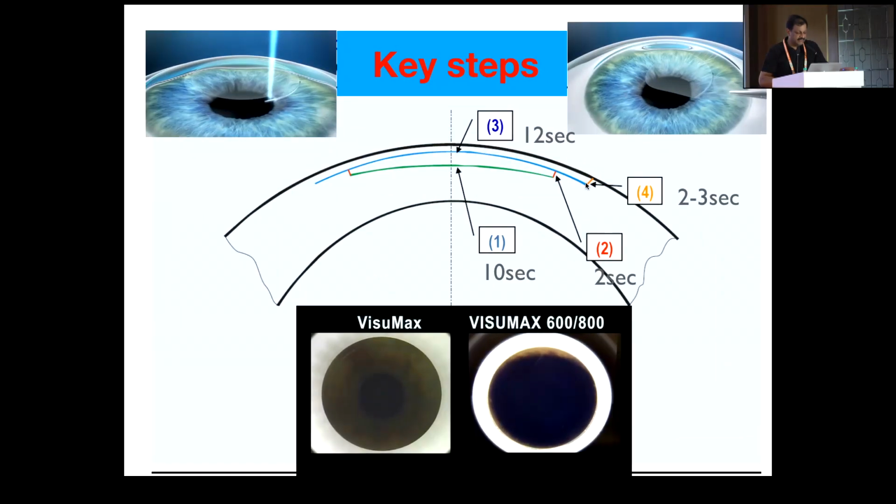So essentially, when we talk of the key steps involved in lenticule extraction, there is first the creation of the base of the lenticule, then the lenticule side cut. Essentially, this takes around 10 seconds, the side cut around 2 seconds, then the cap cut around 12 seconds, and the cap side cut close to 2 to 3 seconds. So within 24 to 28 seconds, all the platforms in the world market create this lenticule which can be